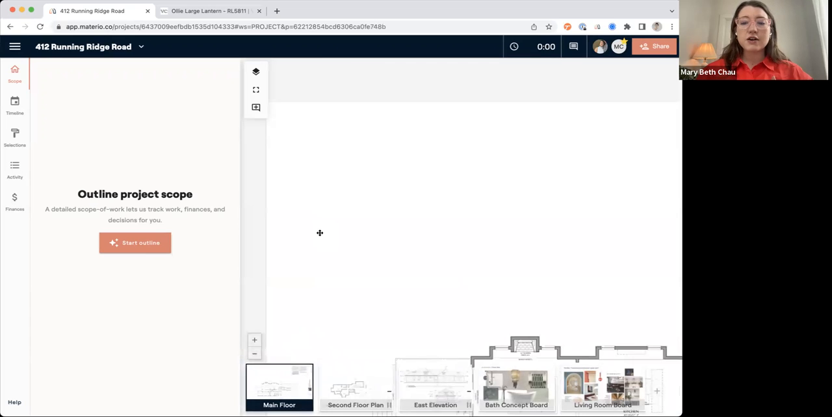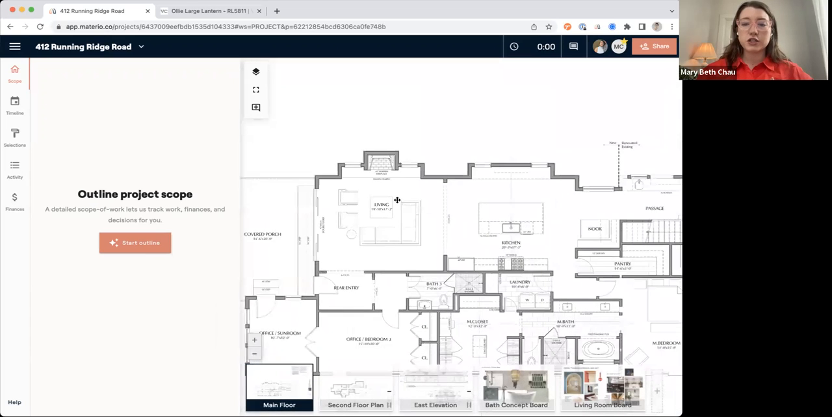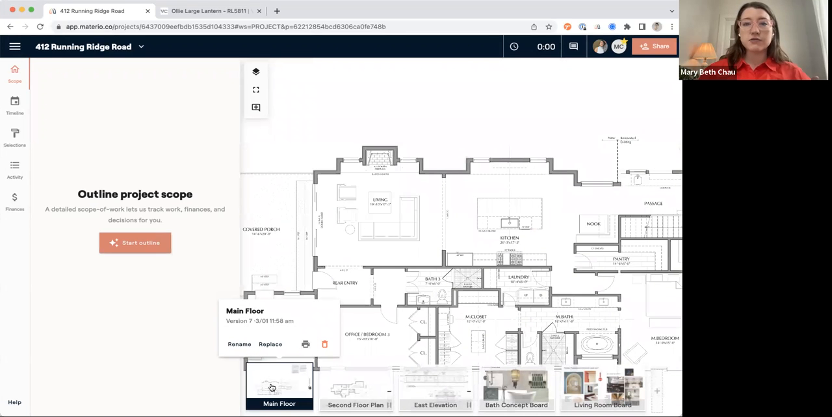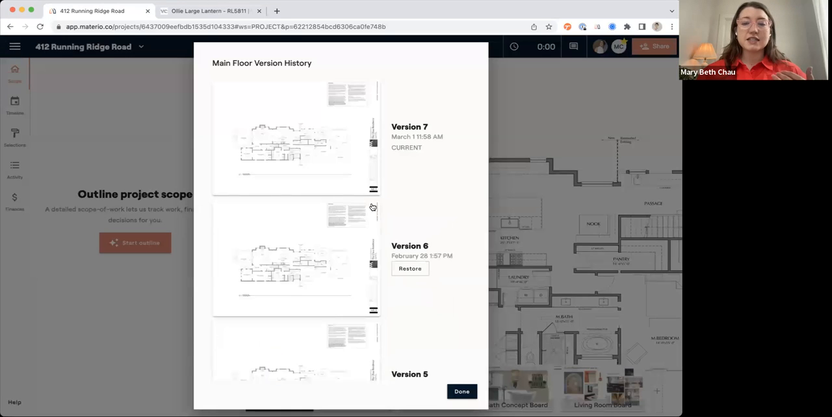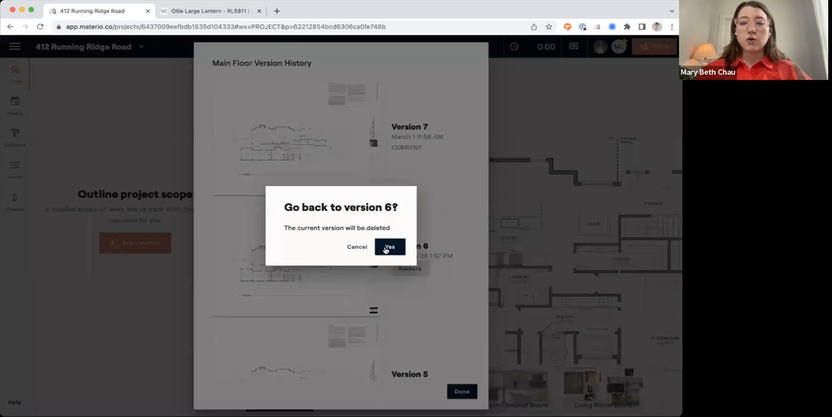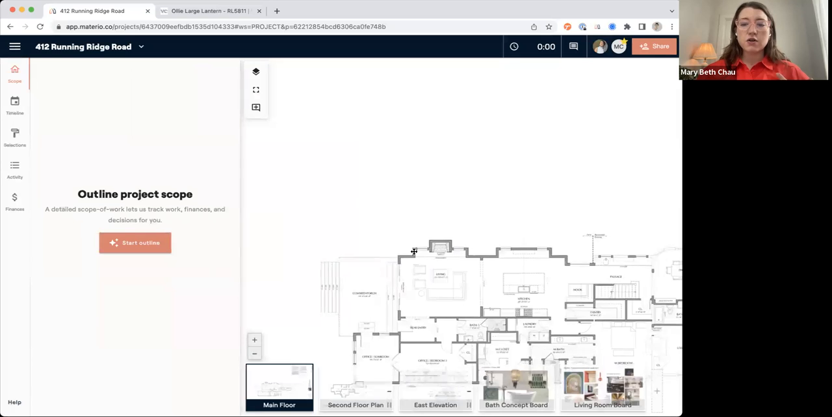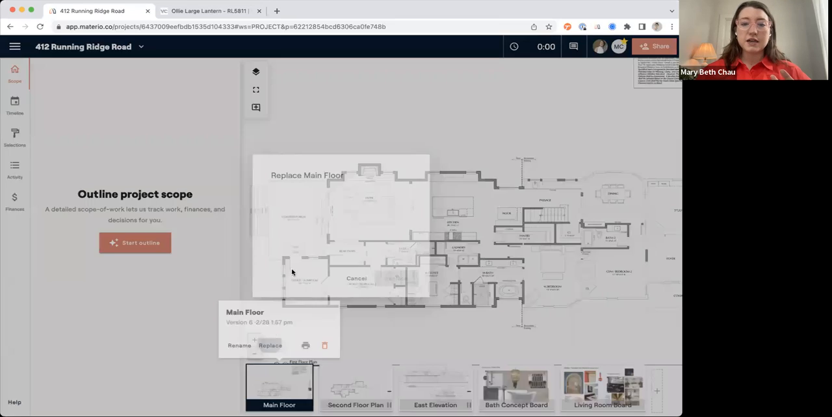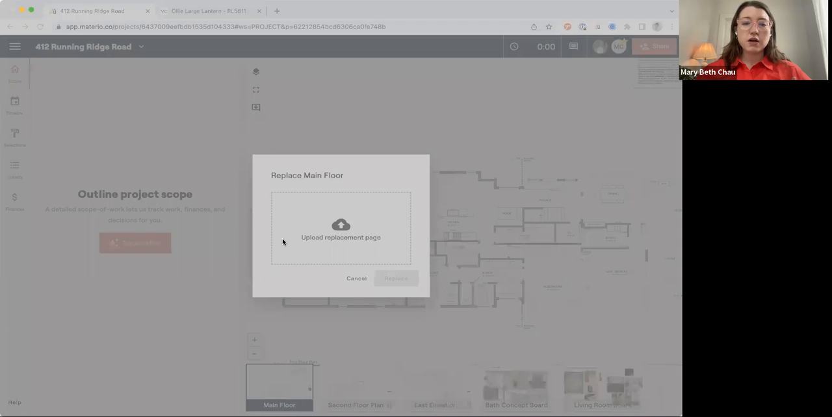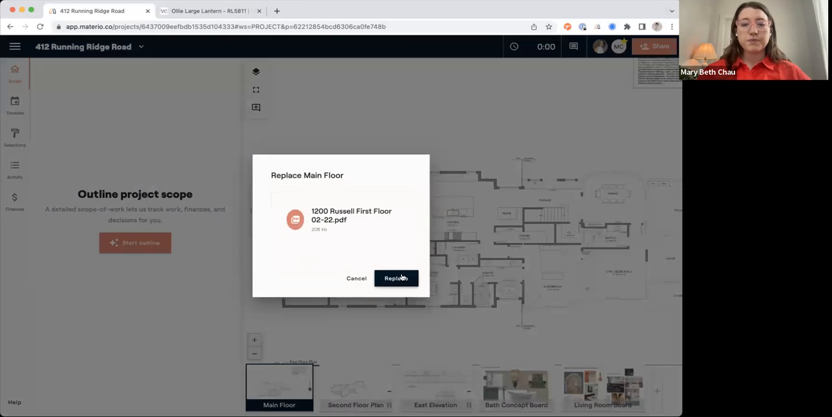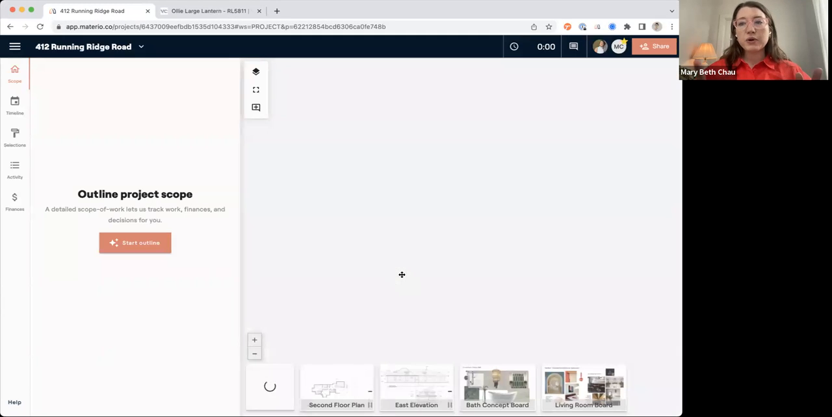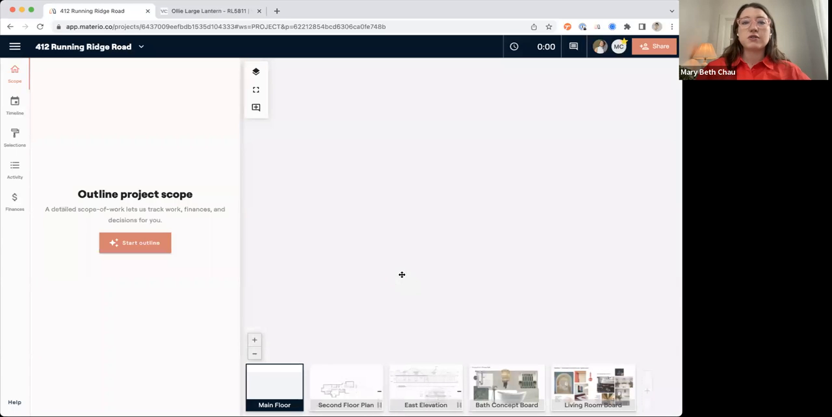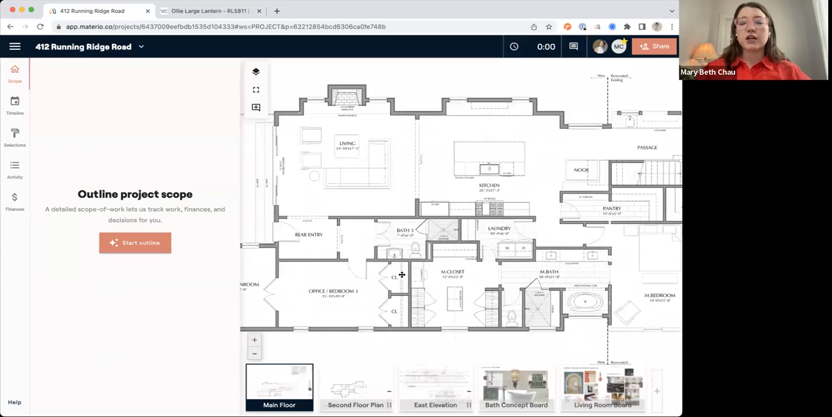And this is also going to allow you to keep great version control on your plan. So you'll notice if I hover over this floor plan, I've got versions here. This version is number 7. So if I click on this, I can see previous versions of this plan. I can restore older versions, and then I can also always come in and replace them. So let's say I wanted to upload a new version of this, I could do that right here. And that would replace it. And that way everyone on my team knows this is the most up-to-date version and we are working off the